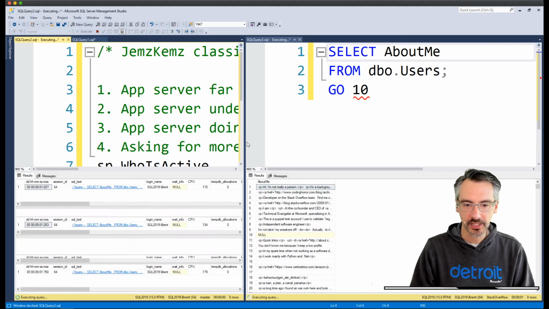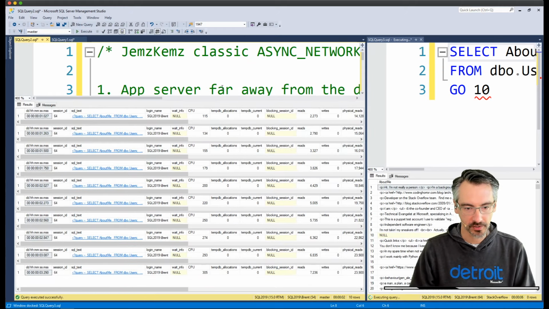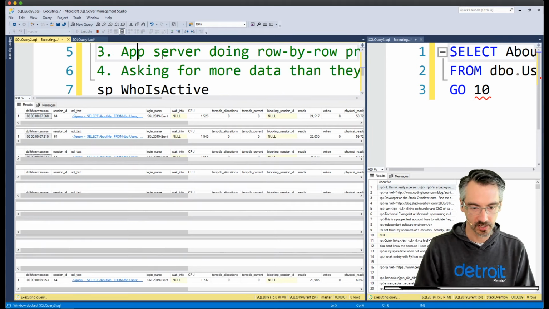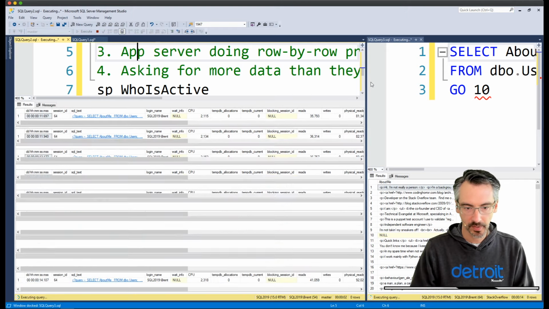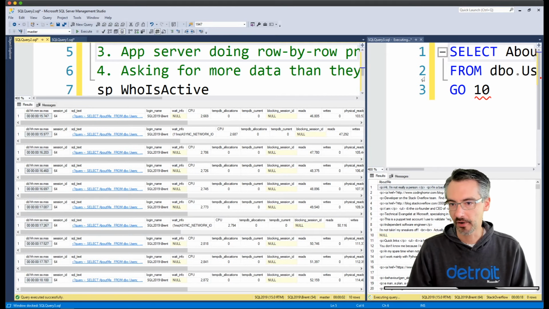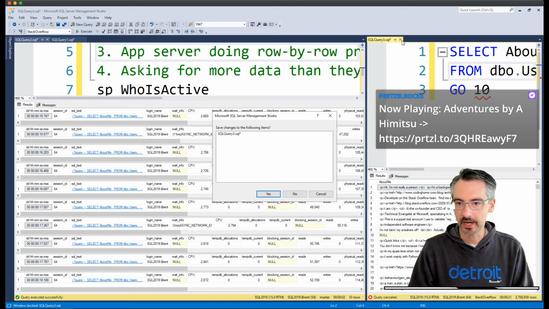Then I'm going to go hit sp_WhoIsActive 10 times. And let's move around here so I can see it, so I can get it all beautifully in my window, and I'm going to make it happen. Come on now, buddy. Happen at least once. This is going to be, there it is. Okay, perfect. So I'm going to hit stop over on the query on the right and close it.